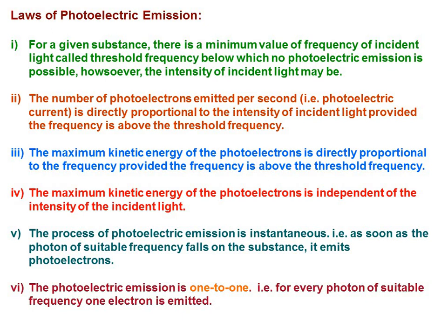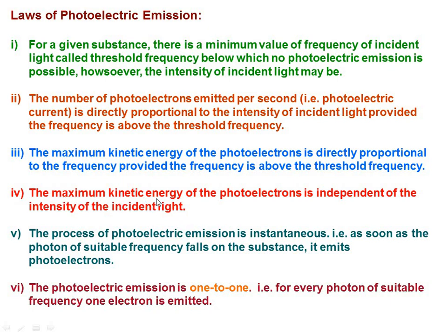Coming to the second one, the number of photoelectrons emitted per second. What do you mean by photoelectrons emitted per second? Photoelectric current, right? So the photoelectric current is directly proportional to the intensity of incident light, provided the frequency is above the threshold frequency. Once it crosses that, the saturation photocurrent is directly proportional to the intensity of light. That is the first graph.